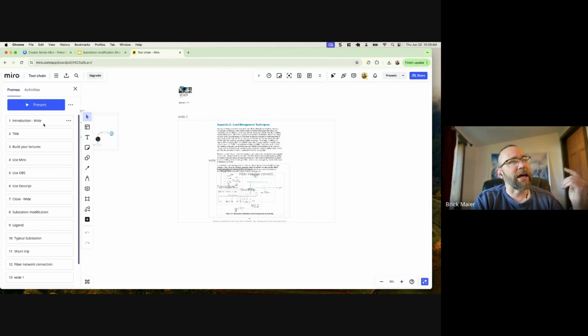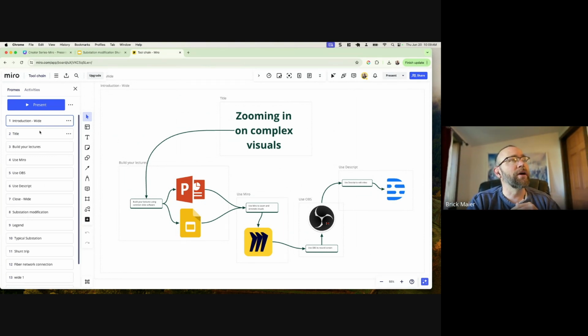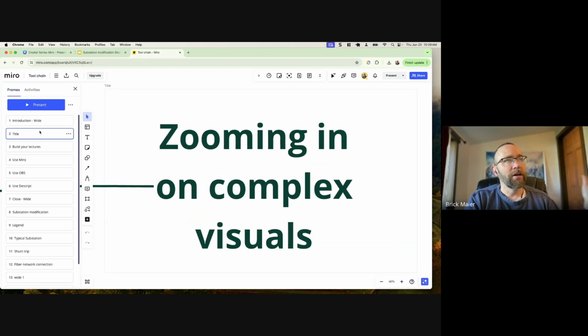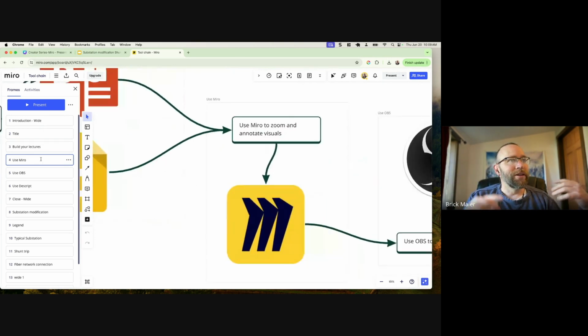And so I'm just going to click on that, and you're going to see Miro is going to take us to that part. And this is that wide shot. It shows everything that I want to talk about in this little section. And then I could go in and say, I'm actually going to zoom in on the title. And then we're going to go over to building your lectures using tools like PowerPoint and Google Slides, and then